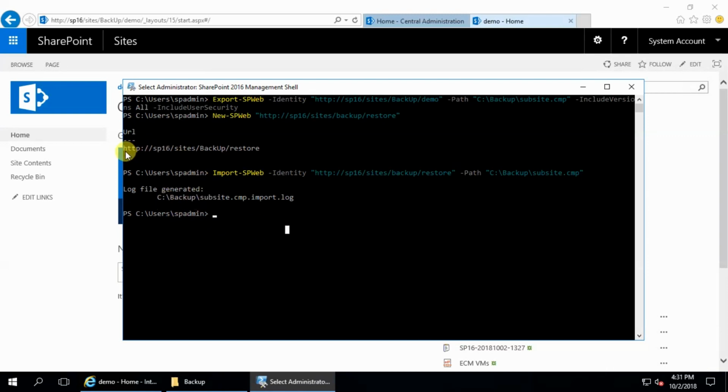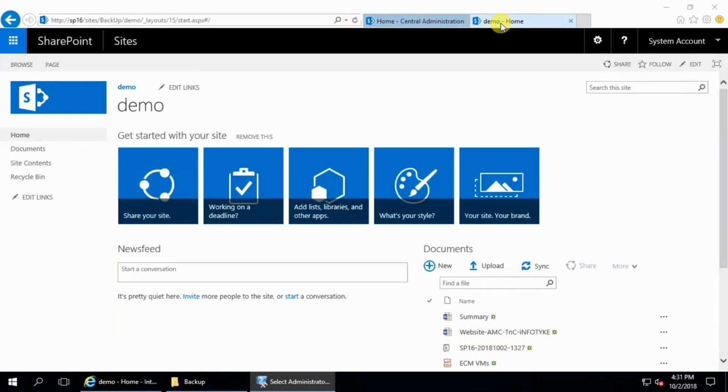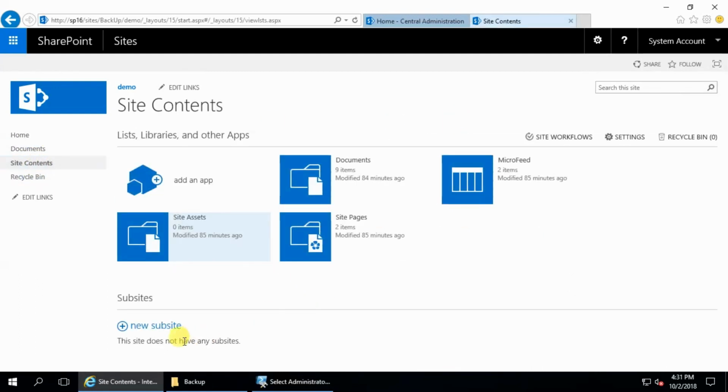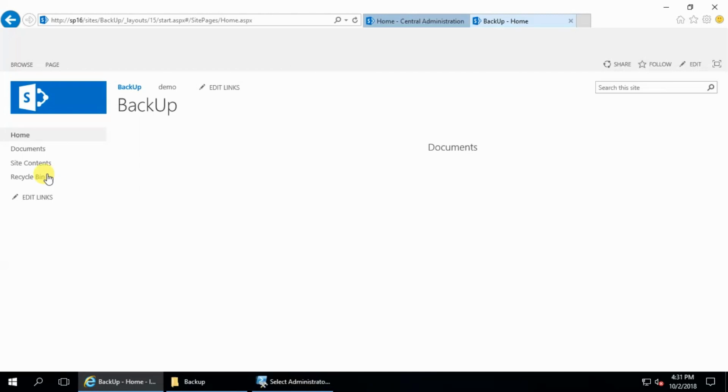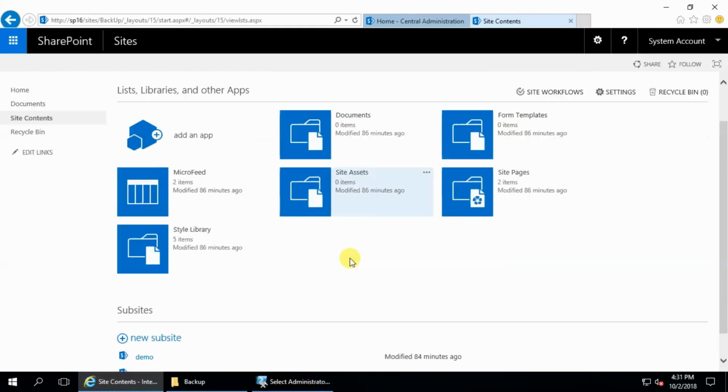Now try to browse this created subsite. This is our home page. So in site contents, there should be the new subsite. This is the subsite. First go to the site collection and site contents.